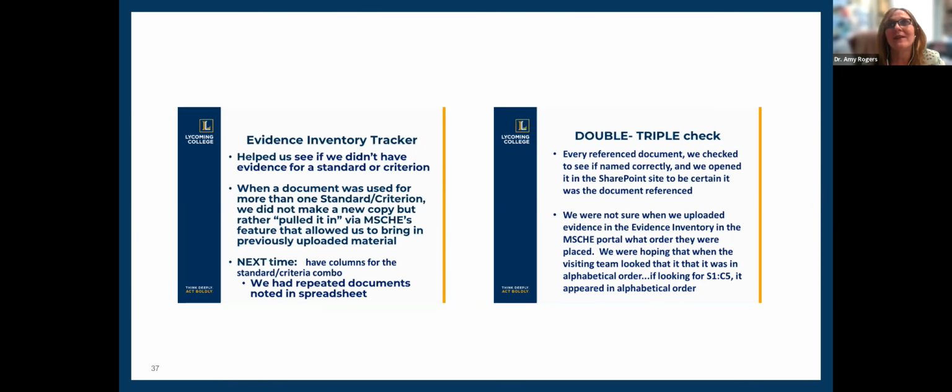But the biggest thing is just having some kind of a checklist that you can track as you go. To me, that was the best part. We had this evidence inventory tracker. It was just an Excel spreadsheet. We put the standards of criteria across the top, or we put the requirements of affiliation, and then we would go down across and list all the documents. As we would read our self-study, we would make sure that that's exactly right, and I opened every one of those links to make sure that something didn't get uploaded to the wrong place. So when I say double and triple check it, that's what we were doing. We read it, we double checked it, then we went back and we triple checked it.